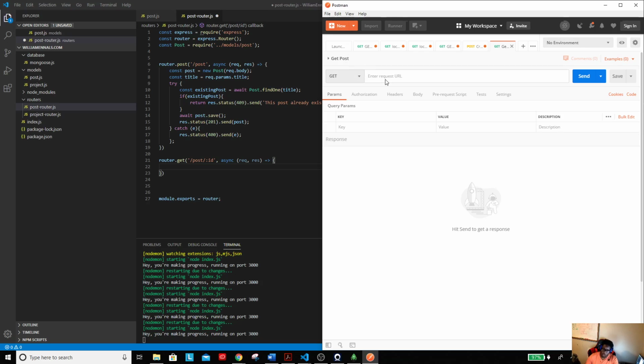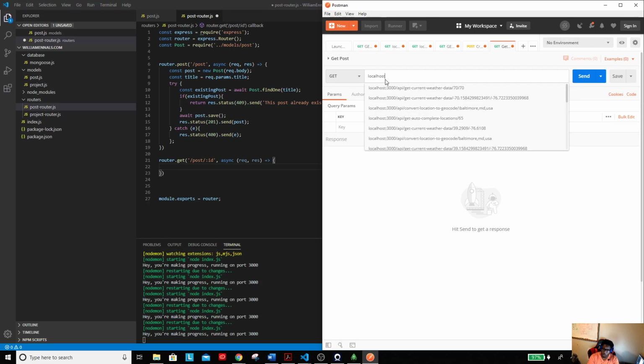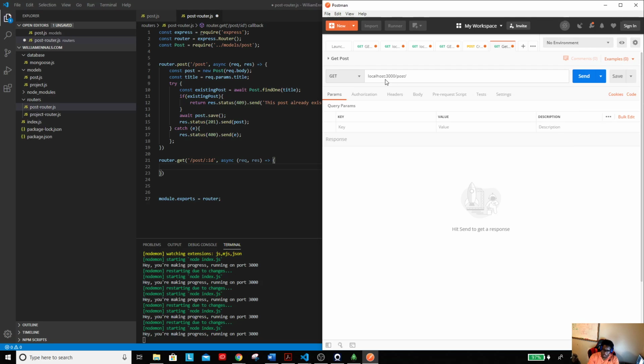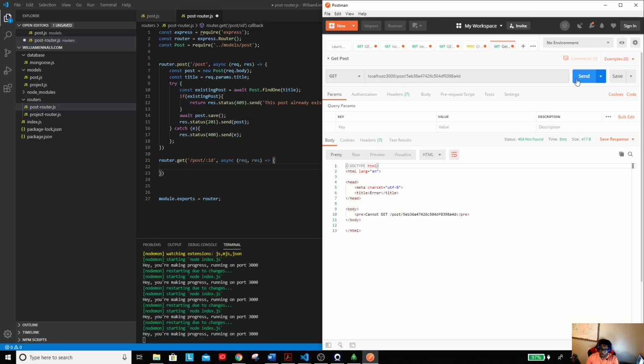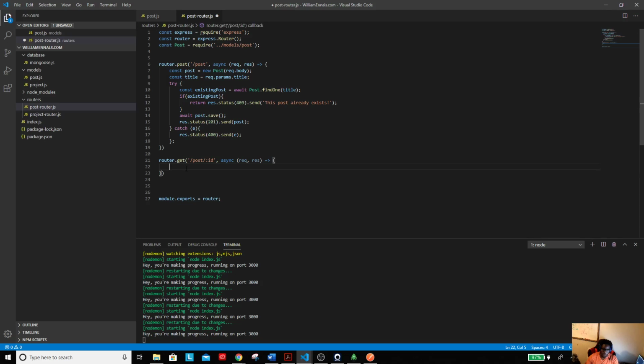Then I'm going to do the same thing: localhost 3000, and this time post slash, and the ID is that. Right now when I do it, there's nothing there because this isn't configured, so it has no idea what to do. So what we have to do is